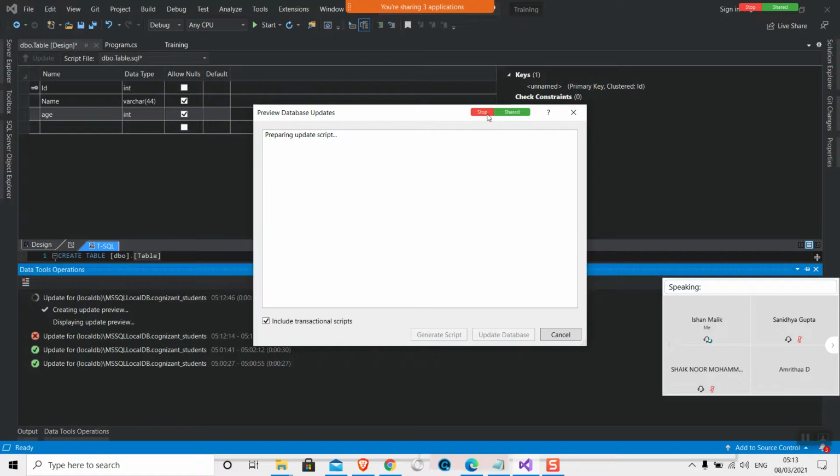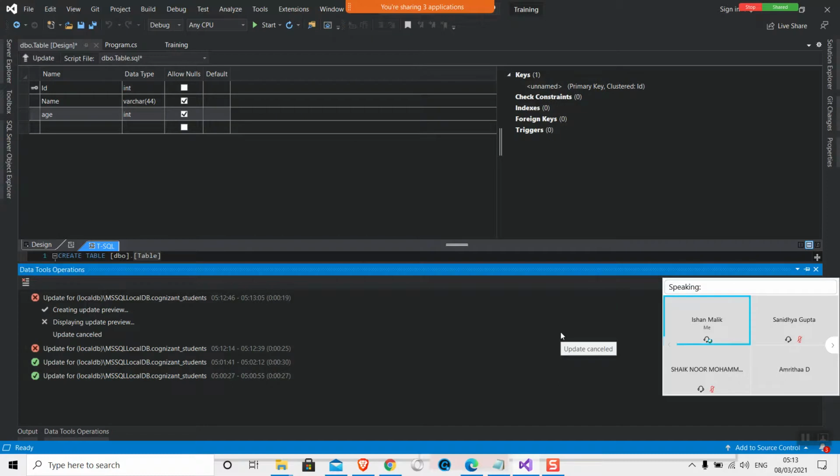I don't know, something is wrong with my Visual Studio. Otherwise, table creation doesn't take so much time. Anyways,